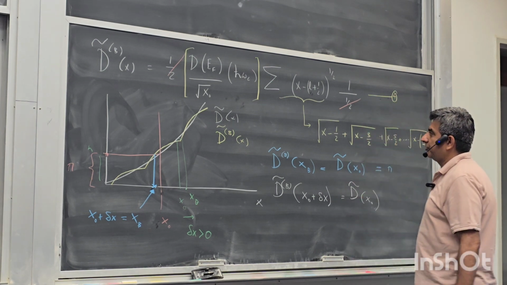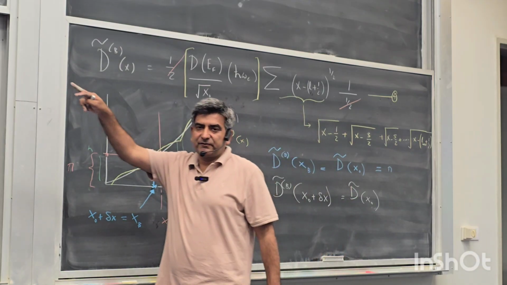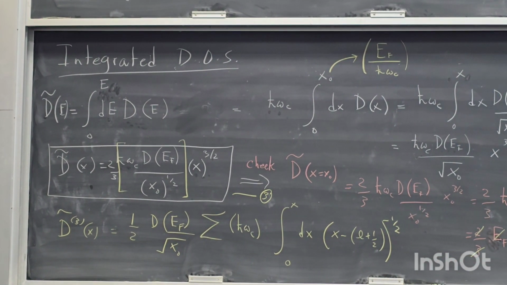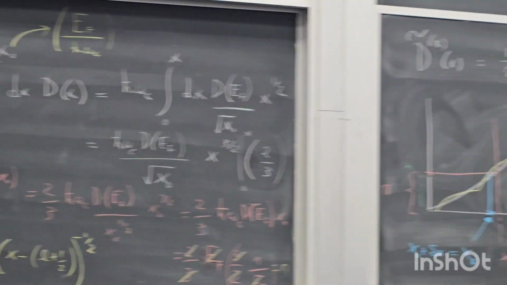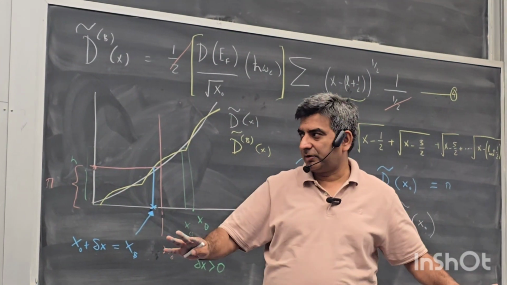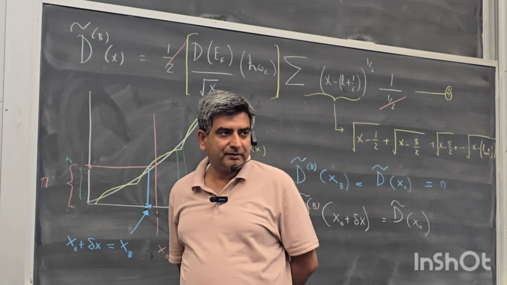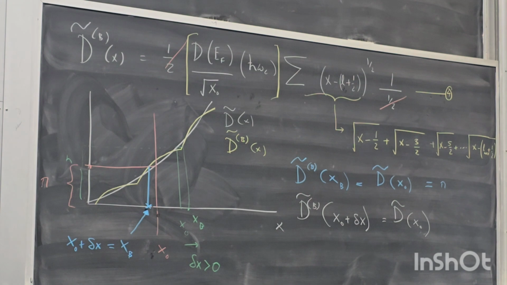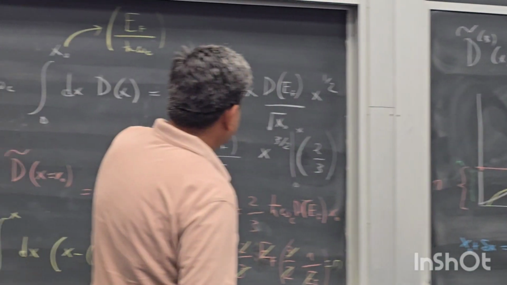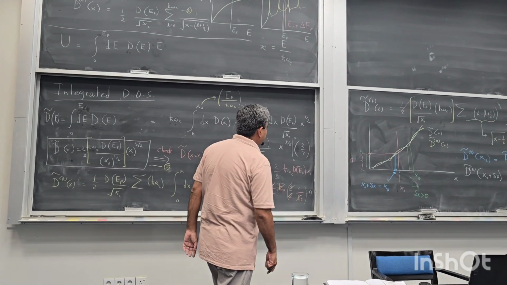So what you really want to do is equate equation number 3 and equation number 4 at a certain value of x naught. Suppose your Fermi energy in the absence of a magnetic field is x naught. So if I then equate equation number 3 with equation number 4, I will have